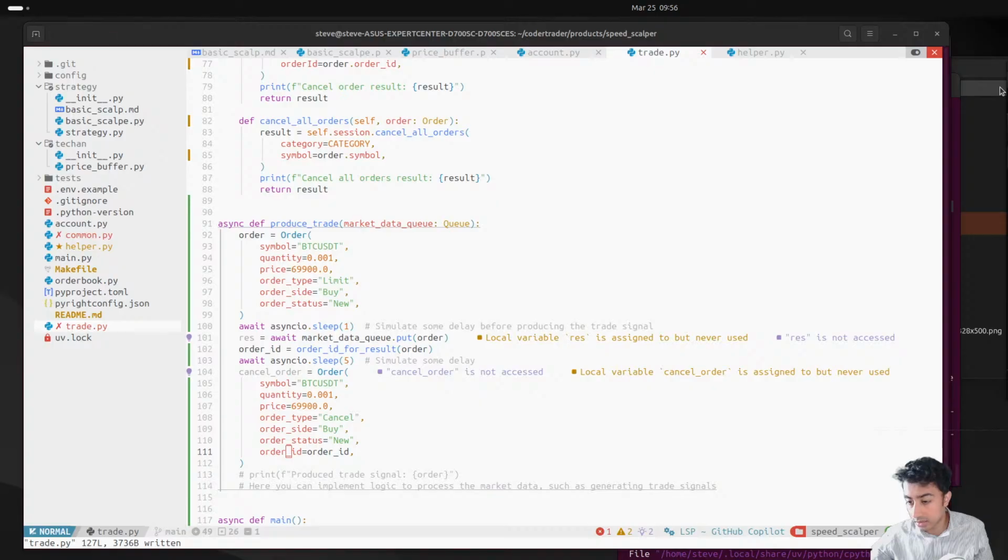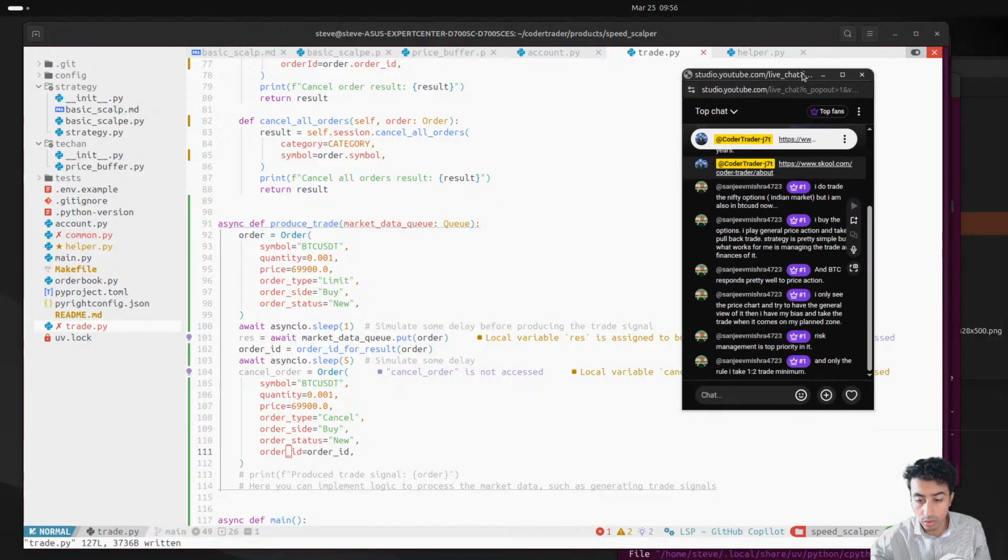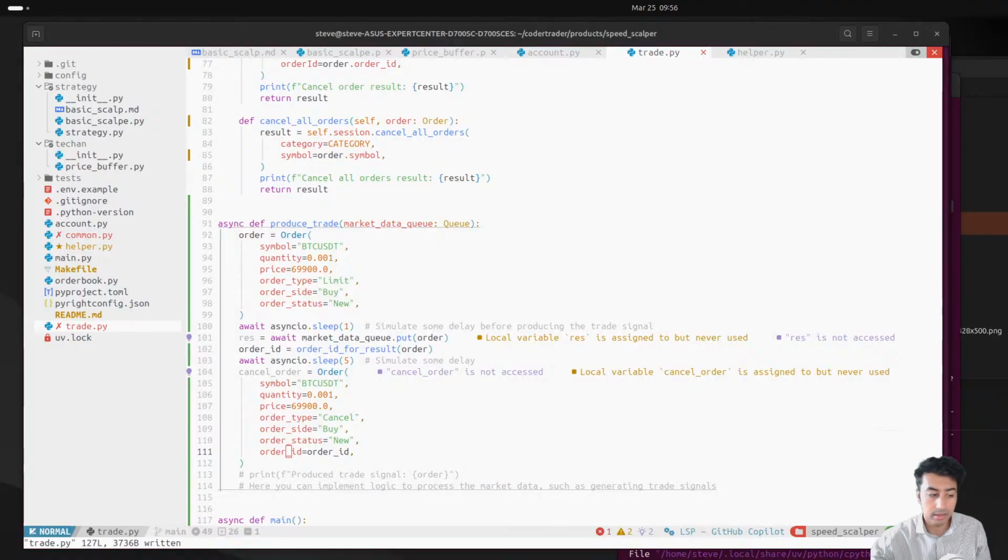I only take, and only the rule I take is 1 to 2. Oh, the risk reward. Okay, cool. Cool, that's cool. I like that. I like that. So are you monitoring these trades 24/7 or sitting there for hours and hours, or do